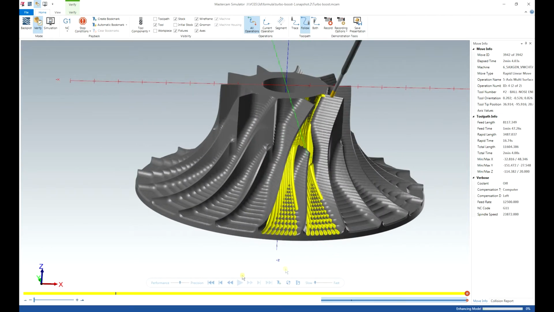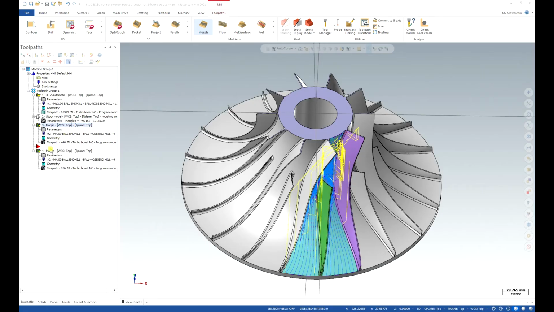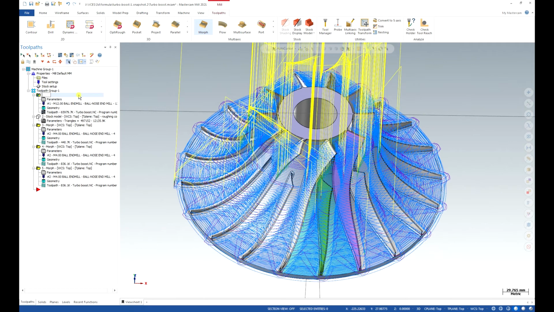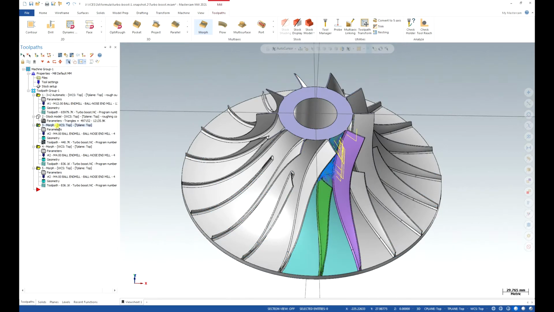Okay, let's go to programming. Close the window and we will copy and paste after again. We can name our operation that will appear in the program. Top of impeller floor. Roughen